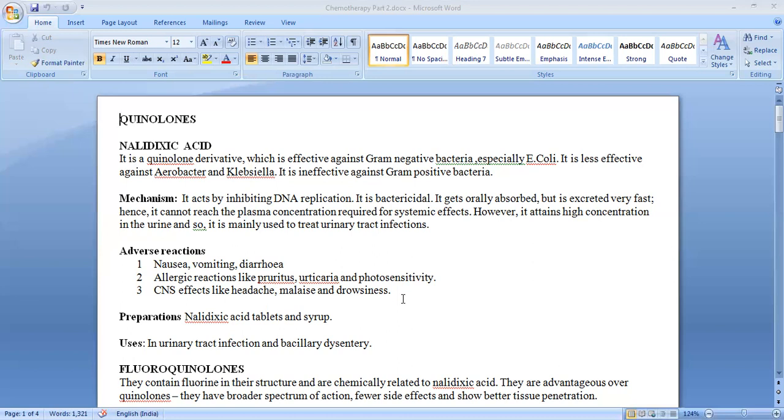It has some side effects like nausea, vomiting, diarrhea. In some people, it can cause some allergic reactions like pruritus. Pruritus means itching. Urticaria means the person will have skin itching, rash, and other conditions. Then it can have some CNS effects like headache, drowsiness, and malaise. It is given in the form of tablets or in syrups, and it is used to treat urinary tract infections